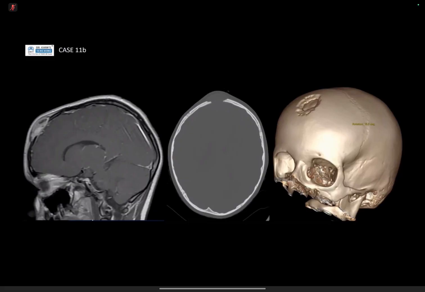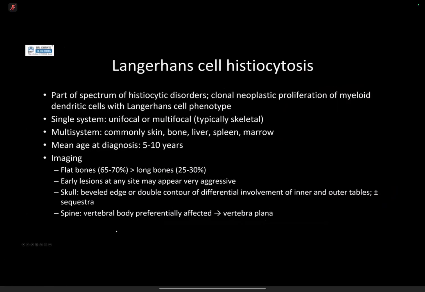I think this is an eosinophilic granuloma lesion in this age group, and this is the pattern of bone appearance. Lovely description and